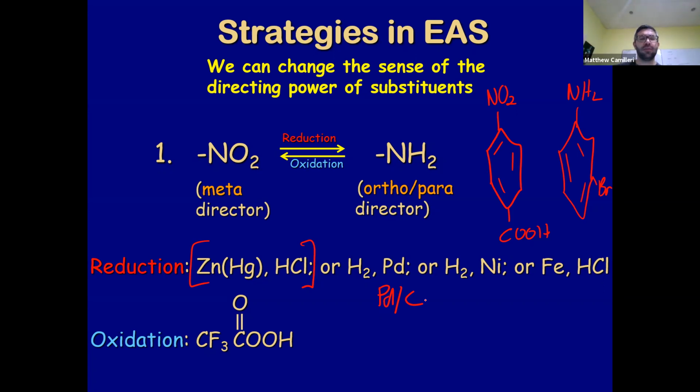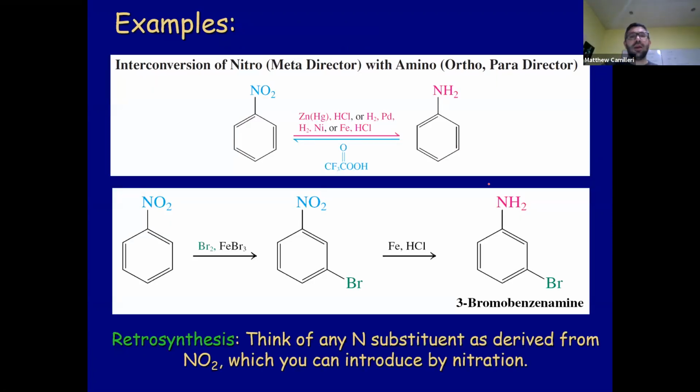To oxidize it, okay, we are using a peroxide, carboxyperoxide. Not just a carboxyperoxide, you're also adding the CF3 group, okay, which increases the reactivity. And this is something that you need to know, okay? So the oxidation is the backward reaction. It is going from NH2 to NO2. And here we can see the reaction, okay? Here we can see the reaction,